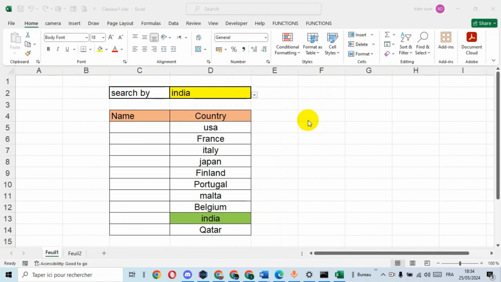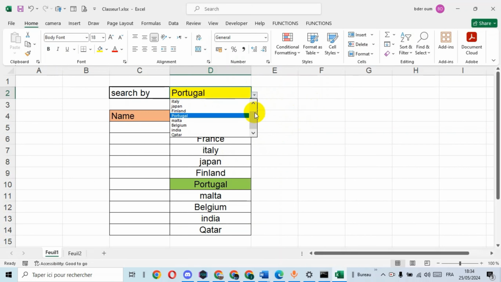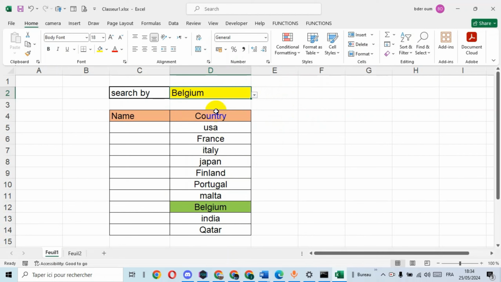Hello everyone and welcome. In this video I will show you how to create a search box like this, a search by drop down list, as you can see here, and the search by highlighted. Alright, so